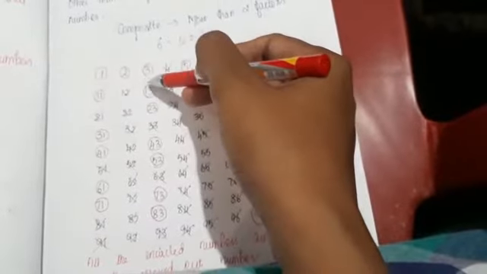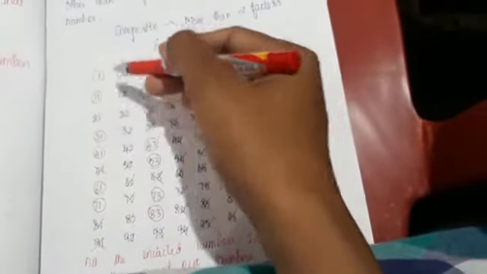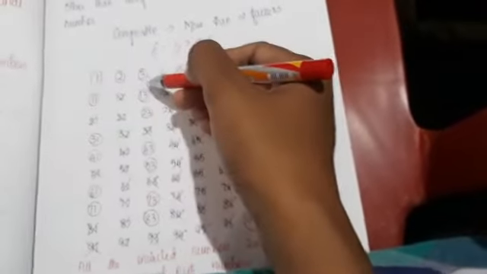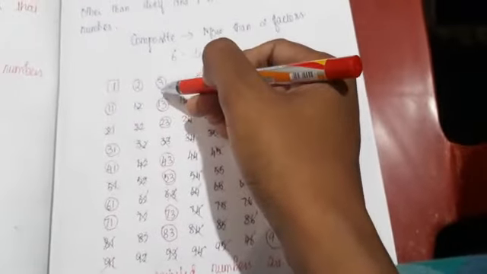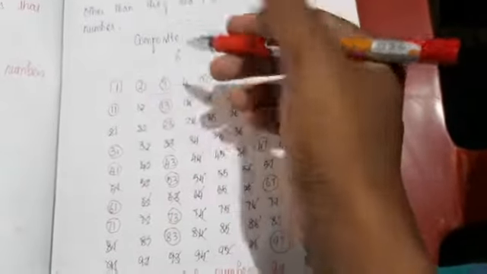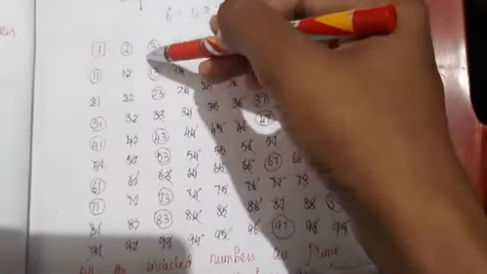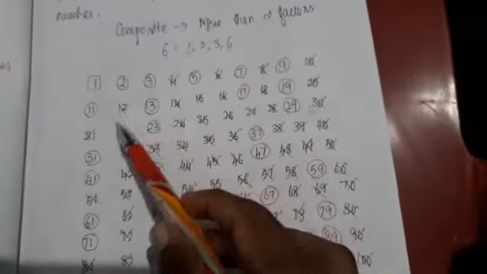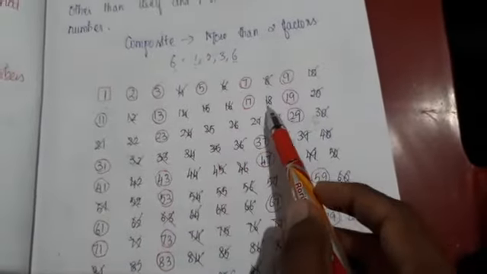It's 3. 3 is not a multiple of 2, and 3 is a prime number again. So 3 has two factors, one is the number itself and the other is 1. So I encircle the number 3. And the multiples of 3, right? 6, 9, 12, 15, 18. All the multiples of 3 I have crossed out.